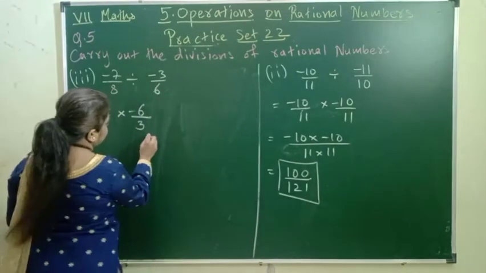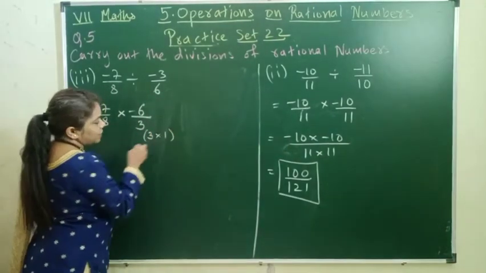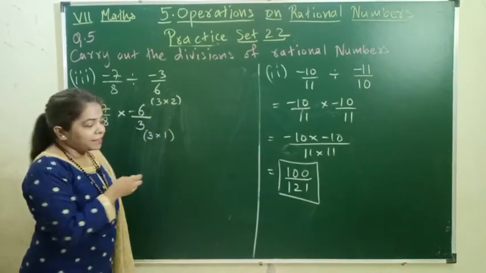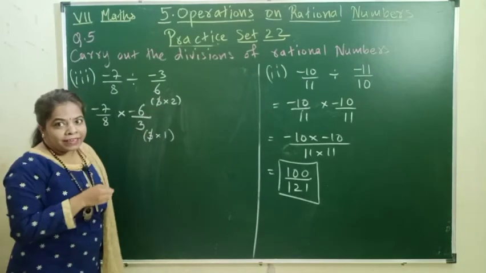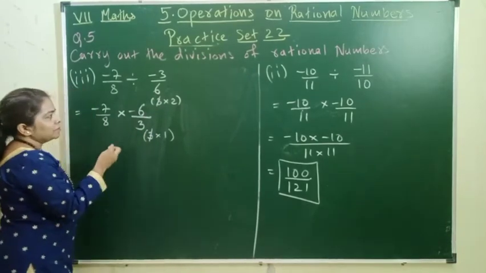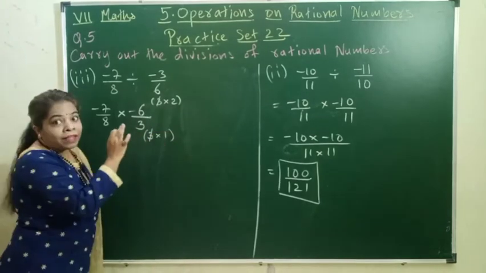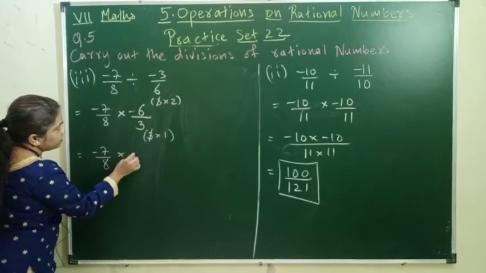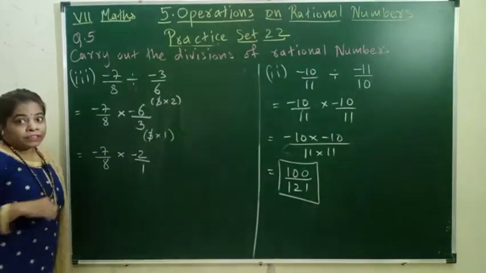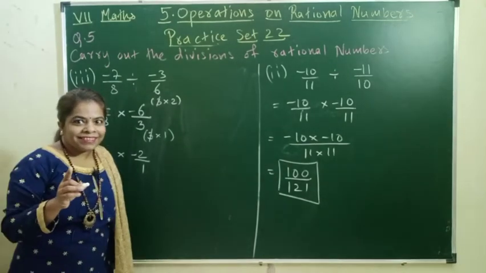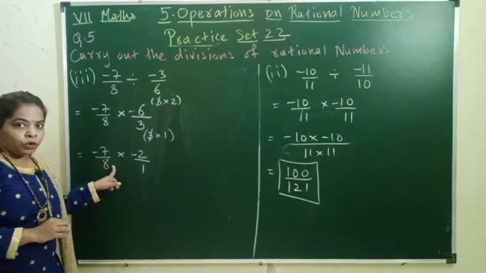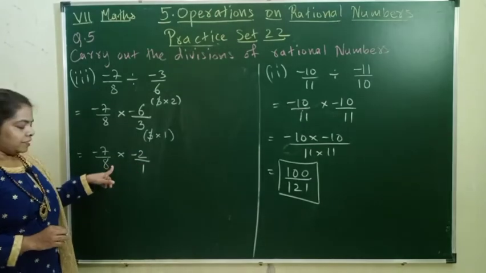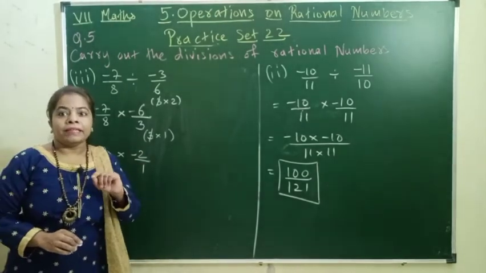See, children, this is 3 1s are 3, and this is 3 2s are 6. 3 3 getting cancelled, and 2 and 1 remains. See this way, right? Next one. These two don't come in same table, we know. These two are also not coming in same table. Now this and this, 2 and 8, yes, they are coming in the table of 2.